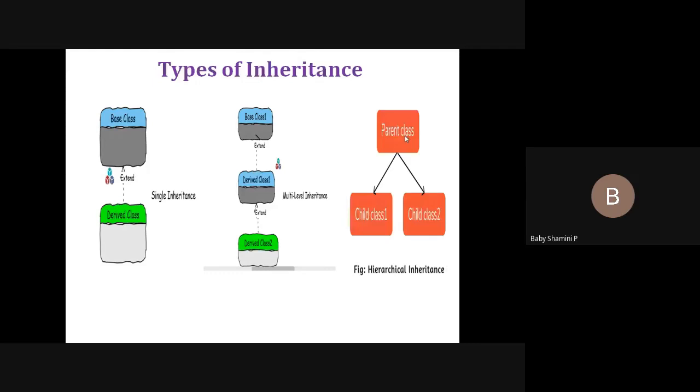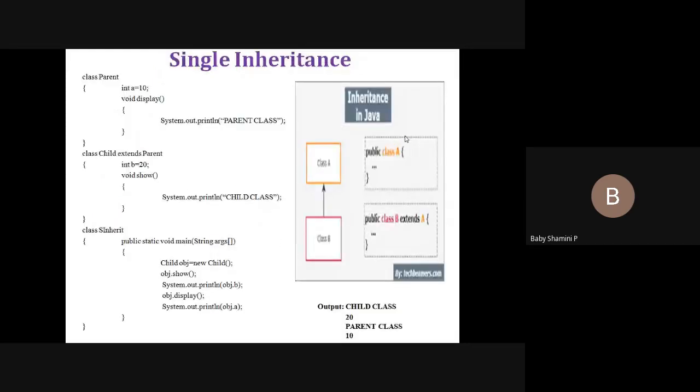The first one is single inheritance. In the previous session itself, I explained the same concept, so directly moving to the demonstration part. I think you all are clear. We have a base class, class A, and we have class B. Class B contains its own properties, and through single inheritance, we can inherit properties from the base class also. How do we inherit the properties from the base class? Through the extends keyword. See the program.